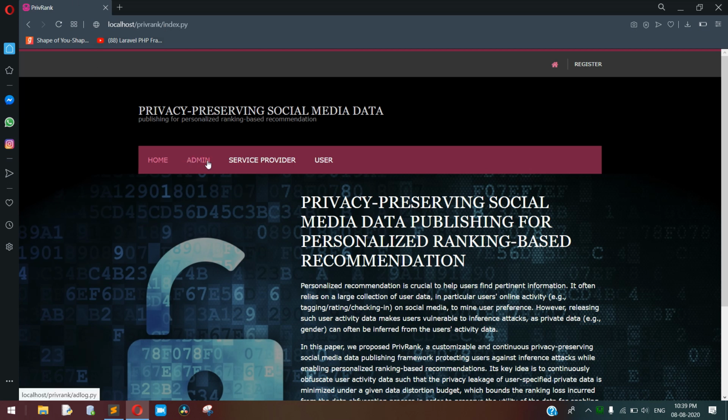So here we're going to see the three users: the admin, the service provider, and the user. The duty of the admin is to view the user details and subscriber details and the services posted by the subscribers. The service provider adds the services, posts the products, and sees the subscribers.